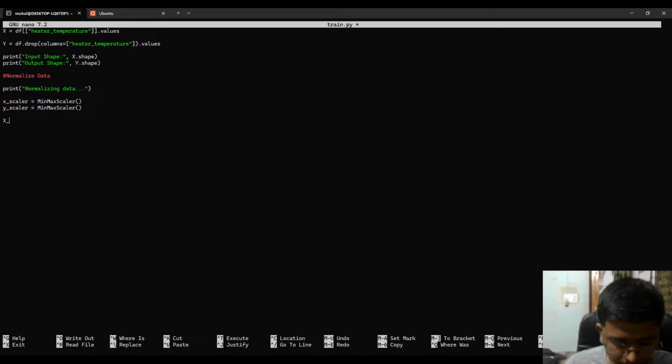Okay, then X scaled is equal to X scaler.fit_transform(X), and similarly the same thing, copy paste, only we will change it to Y. Then we will do train test split. Okay, train_test_split. So X_train, X_test, Y_train